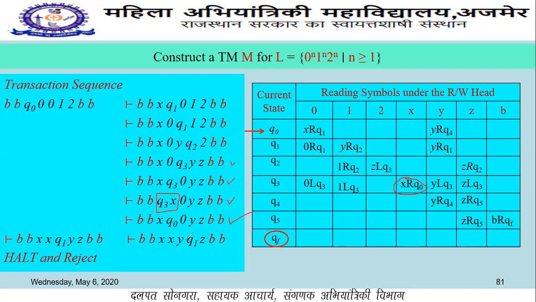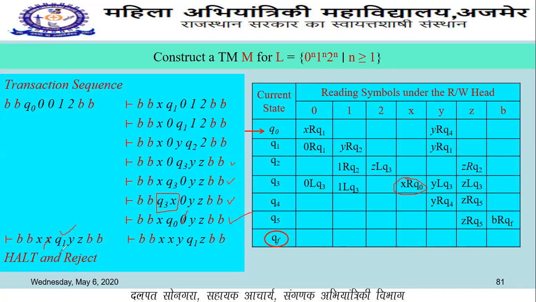Okay, again we replace this 0 by x, and take a right turn. At this situation we are reading y at q1. You notice that this is the first situation, and for that we don't have any transition function, because at q1